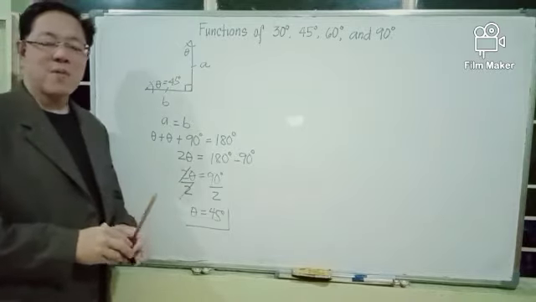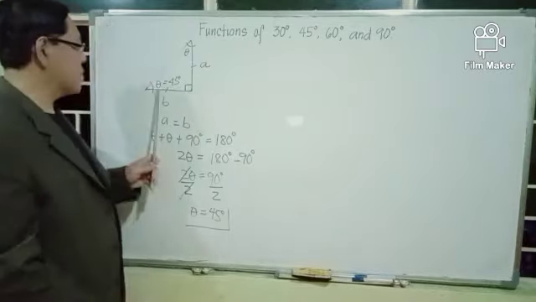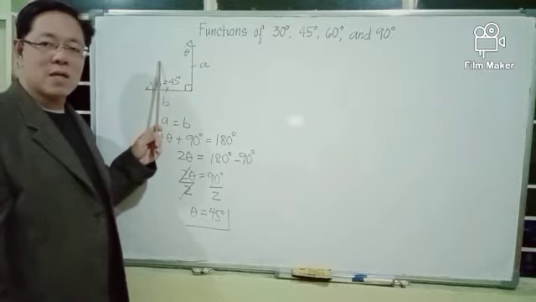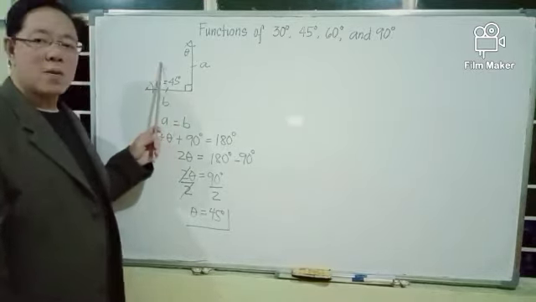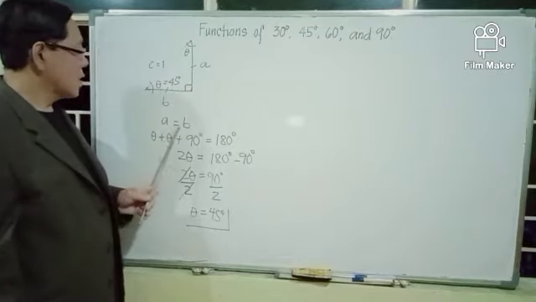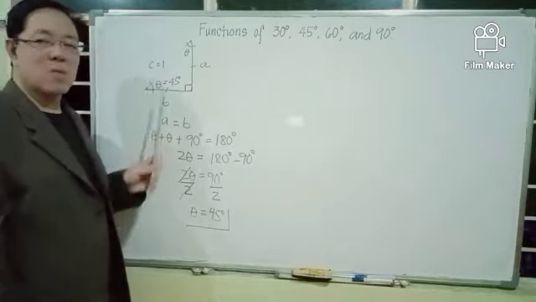And we will derive the values of the 6 trigonometric functions of 45 degrees. The longest side of this isosceles right triangle is the side opposite the right angle, and we call it the hypotenuse. We let the length of the hypotenuse, the side opposite the right angle, be equal to 1 unit. And with our knowledge that A equals B and C equals 1, we find the values of A and B